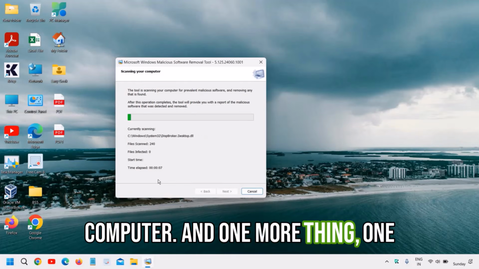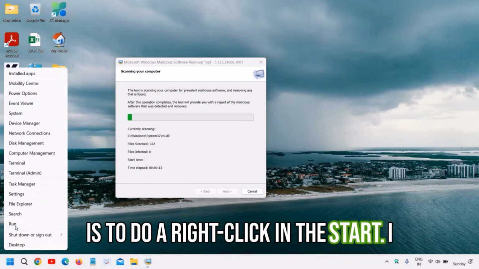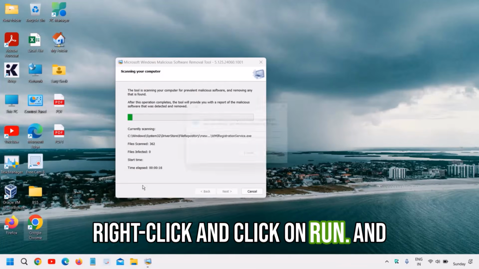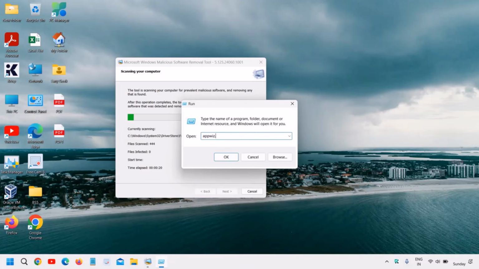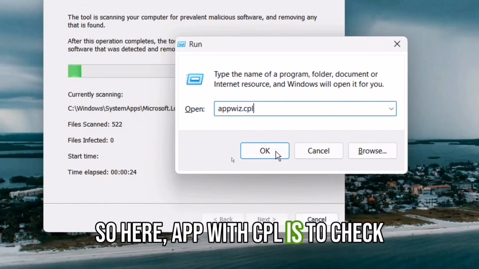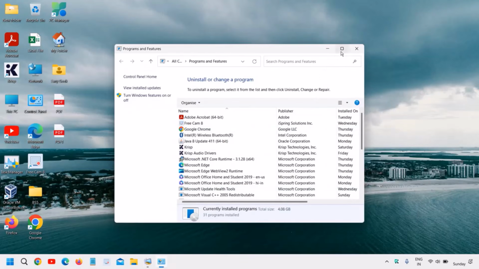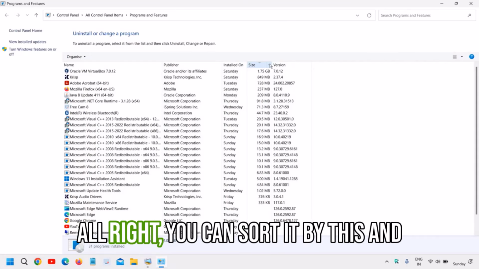And one more thing, one bonus tip, which I would recommend, is to do a right click on the start icon, let this scan happen, and do a right click and click on Run and type appwiz.cpl. So here appwiz.cpl is to check which all applications are installed in the computer, and you just need to check how much size it is taking. Alright, you can sort it by this, and then you can